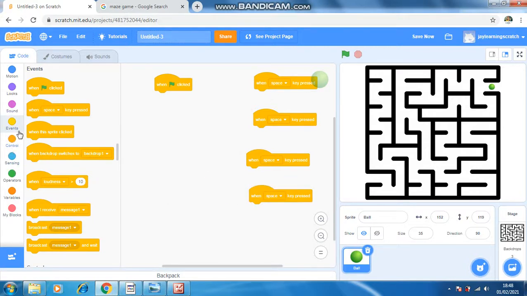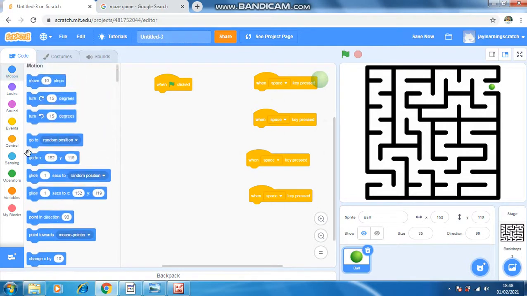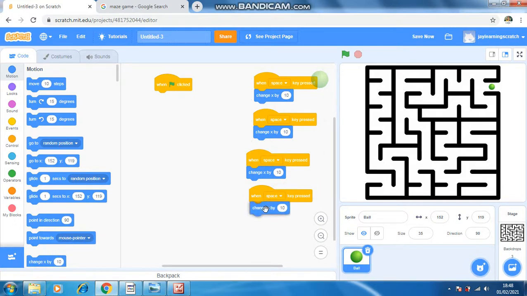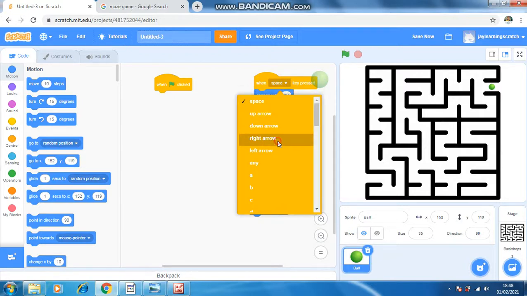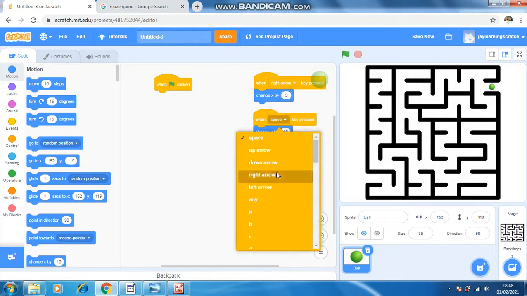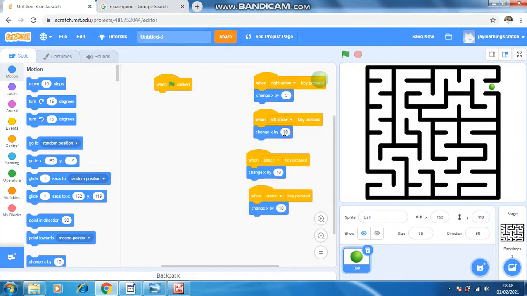Now we will go to the motion category, and from there we will take change x by 10. So why am I taking this, friends? Because on the x-axis it will change the direction, so the ball will move. So I will take first the right arrow. When right arrow is pressed, change x by, let's take 5. So for the left we will take -5.